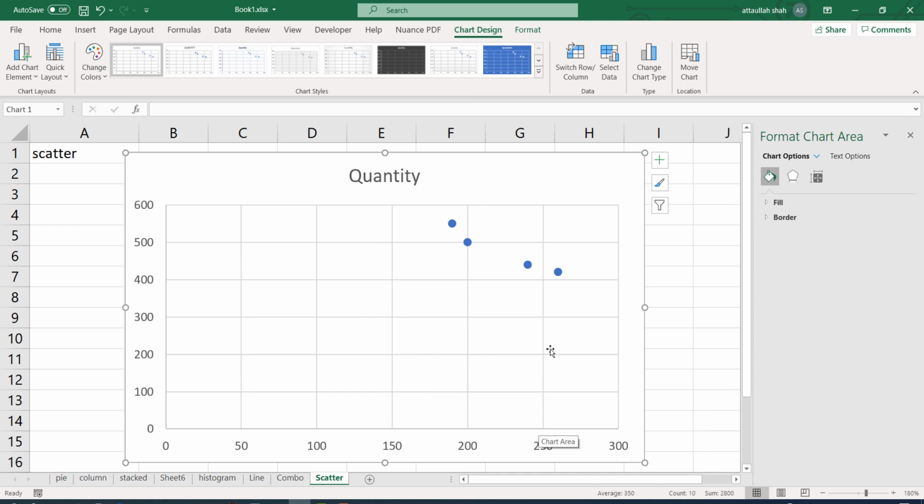Since we have fewer data points, the chart looks like this, but we can add more data points so that the chart looks like a falling straight line, and it shows a negative relationship between the quantity demanded and the price.